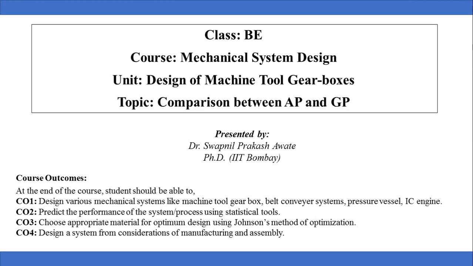In the previous lecture, we learned about 3 points: what is the need of a gearbox in a machine tool, how we can decide speed steps in a given speed range of the machine tool, and lastly, what are the different laws for speed regulation in gearboxes. In the last topic, we learned there are two laws of speed regulation: arithmetic progression or AP and geometric progression or GP. In this lecture, we will compare these two laws of speed regulation and decide with which law we should go ahead.